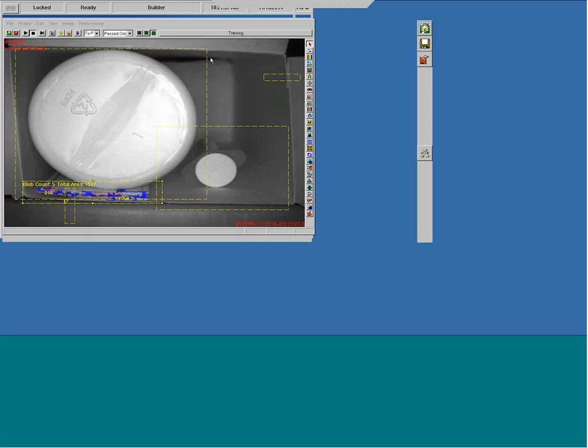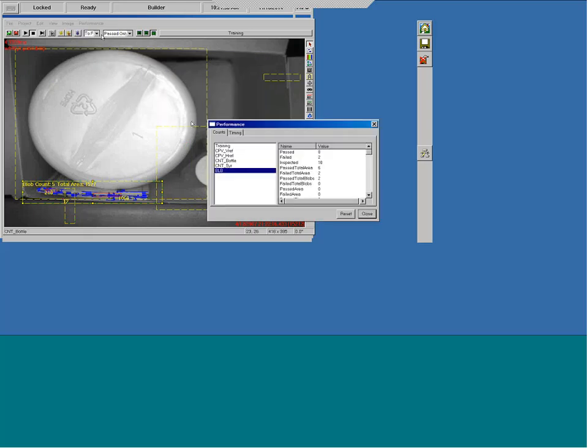If we go back to the performance over here, the counts, it shows here the trained total blobs and the trained total area, and this is the current tool's total area and the current tool's total blobs. So it's working off of what it was trained on, Finn. So it does need to be trained. However,